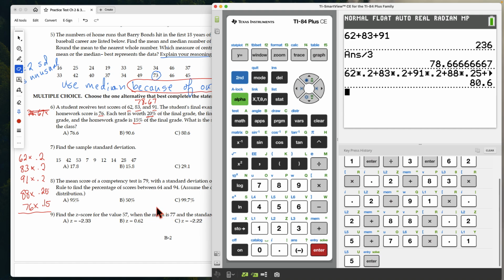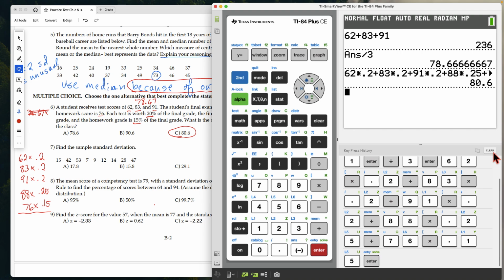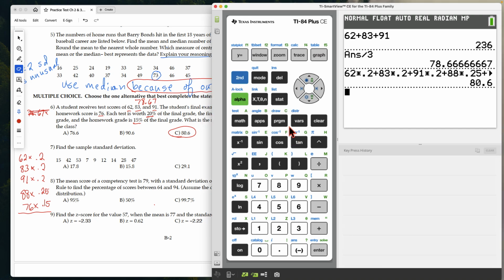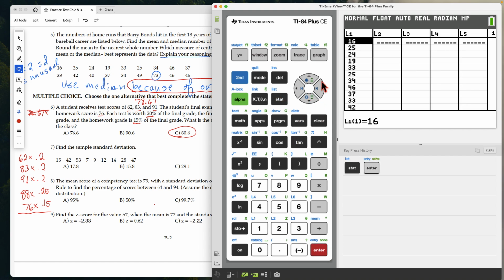Our choices here are up here. 80.6 is exactly what we got. Now, one other thing I want to show you is that you could do this, as you see it's actually a weighted mean. What we can do also is under our stats, go to edit, we're going to put in